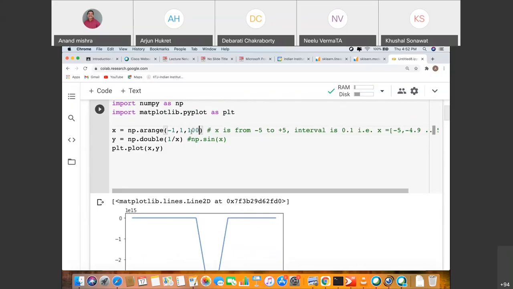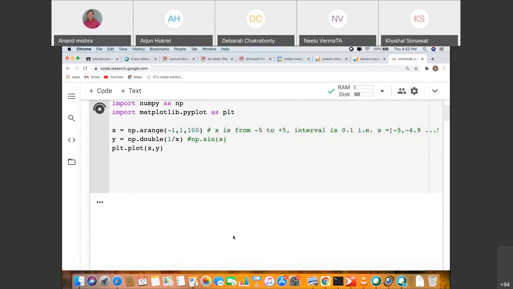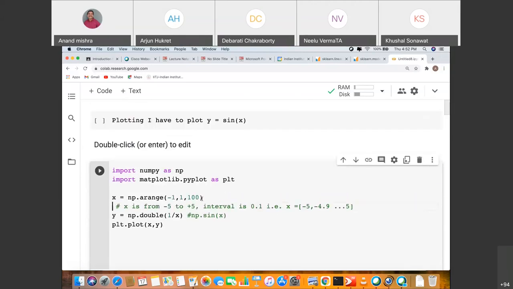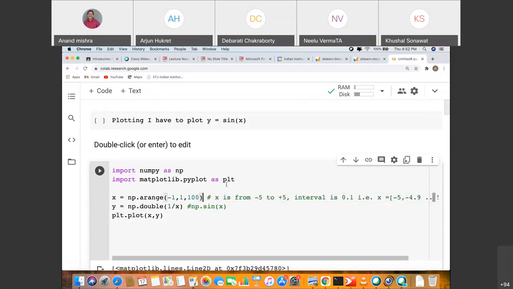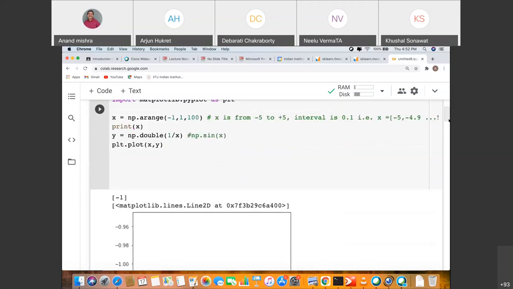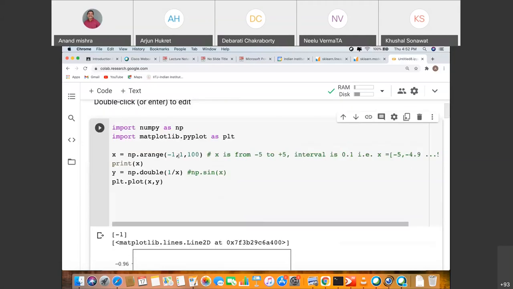But how will you have a value there? 100 will not be anything, right? Because between -1 and 1, x is what? If you just print x, it is just 1 because this is -1 plus 100. It's not going to work.